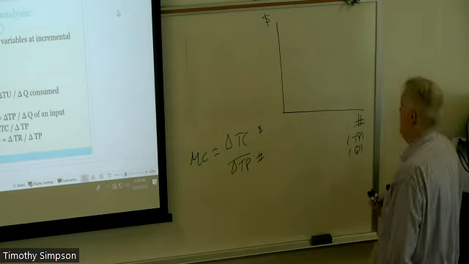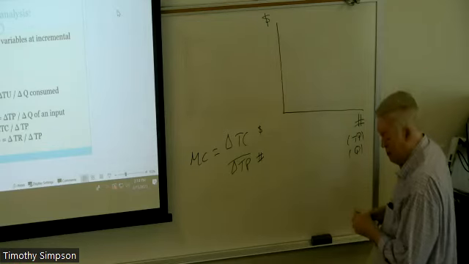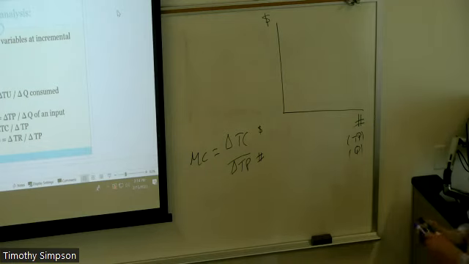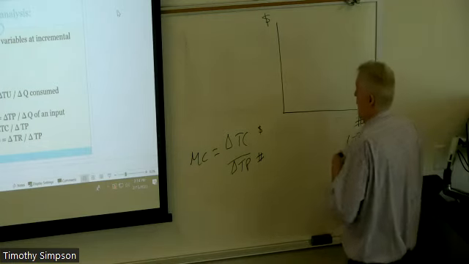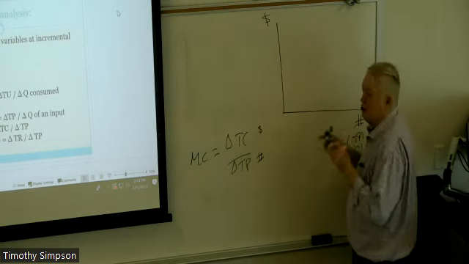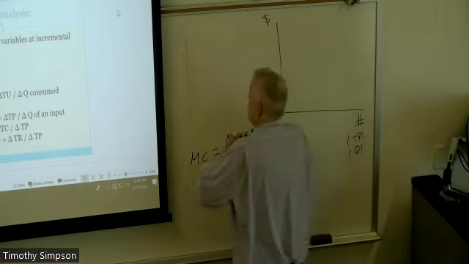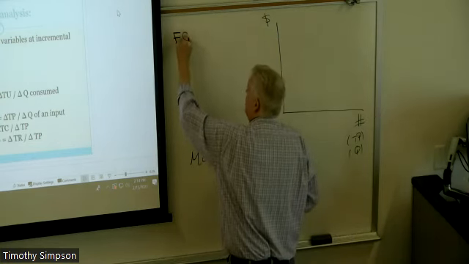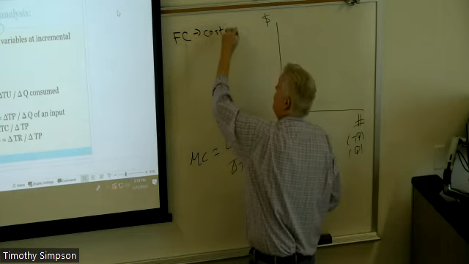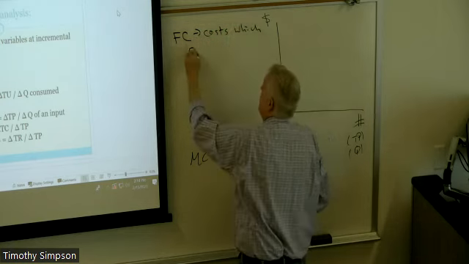So what kind of cost have we got going on here within a business firm? Okay. So remember, we've got fixed costs and we've got variable costs. And let's define what a fixed cost is. A fixed cost is simply a cost that does not change with the level of output. Okay. So let's talk about that. If fixed inputs create fixed costs, then fixed costs are those costs which do not change, which do not vary with output. And output we'll simply define as total product.